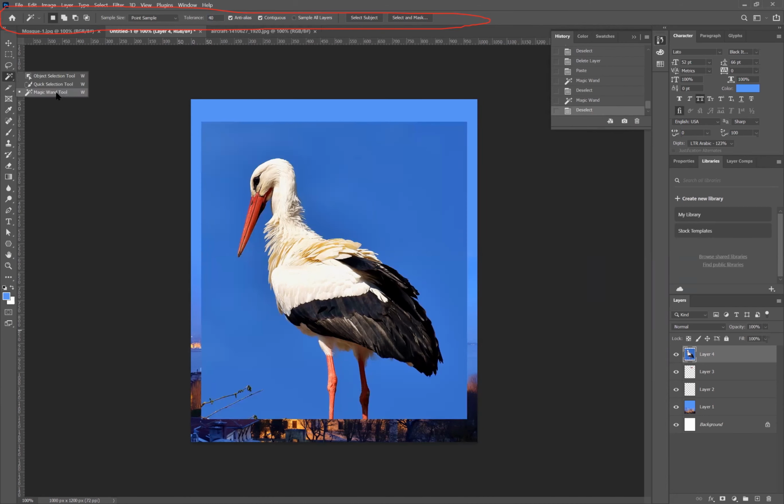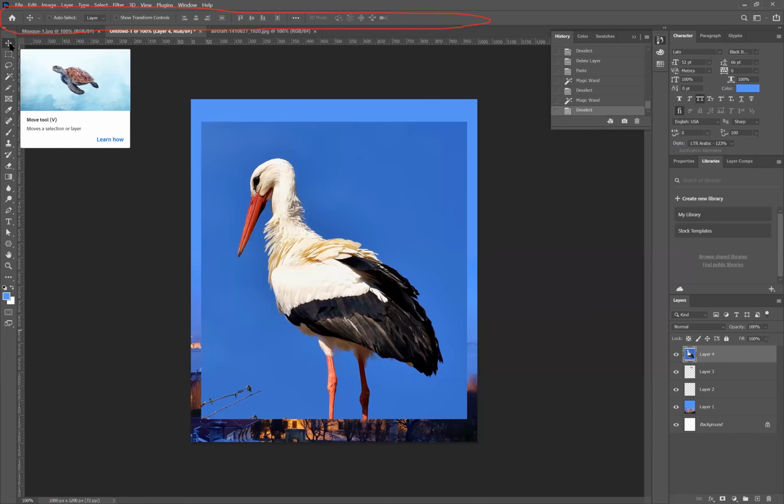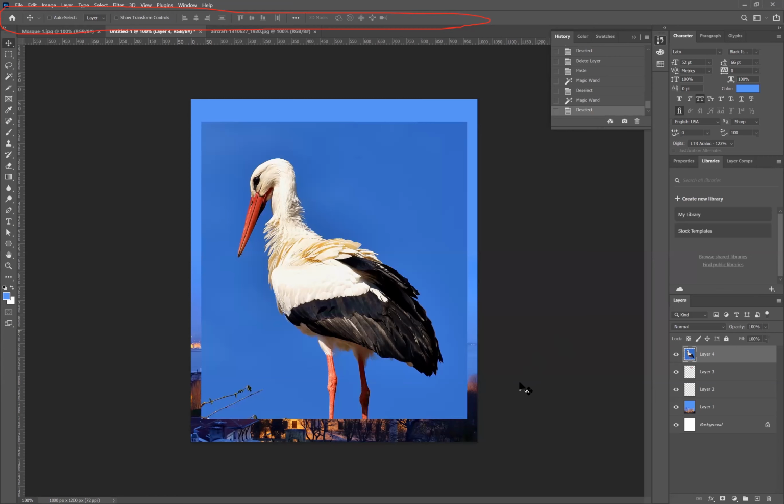What happens in Photoshop is there is no single formula where I can say you have to use this tool or that tool. You understand which tool does what, and then based on your preference, you use them here and there.